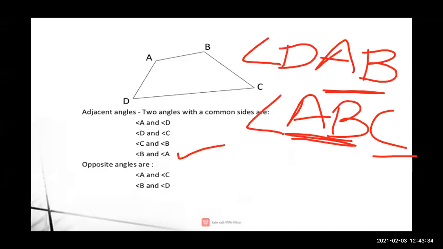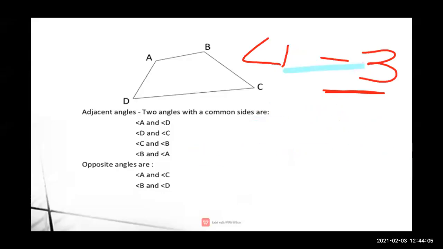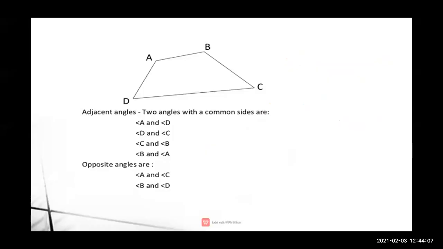I hope you will be clear when we solve more sums of these types. So for finding adjacent angle, we first take a vertex connected with three points, then leave the first vertex and take the other three vertices. There you will find a common arm. Then the remaining one is our angle. Now we are going to write the same for the opposite angle of a quadrilateral.